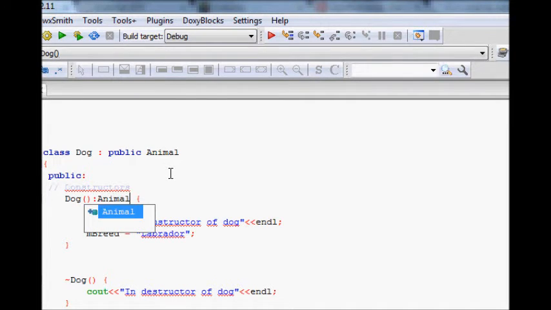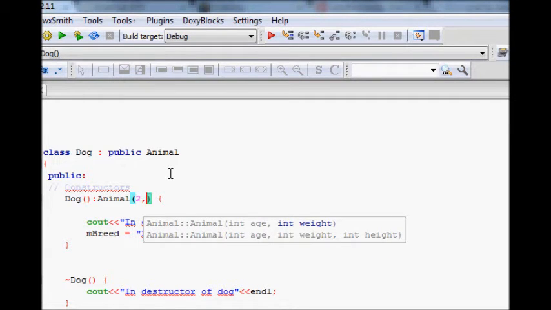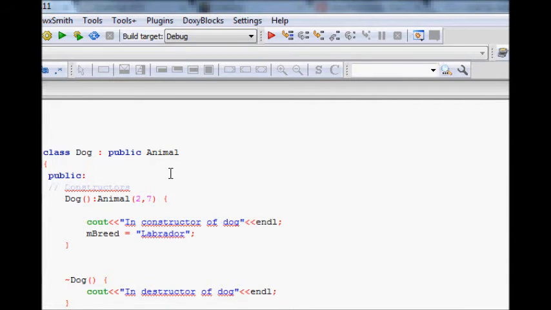One way is to write animal with arguments. We have these options: one without any argument, one with 1 argument, then 2 arguments, and the last one with 3 arguments. All are possible. Let's take the option of 2 arguments, age and weight. Age is 2 years and weight is, let's say, 7 kgs.